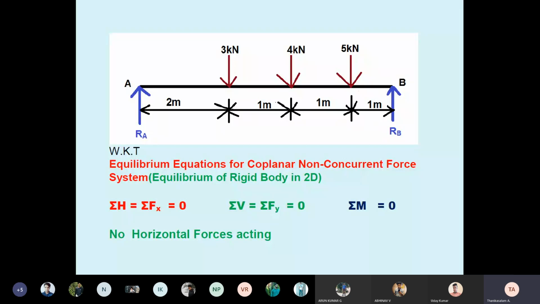So we want the reactions. You can directly take equilibrium. You have to write: assume the beam is in equilibrium. Therefore, the equilibrium equations are summation of H equal to 0, summation of V equal to 0, summation of M equal to 0. Summation of H means summation of horizontal force. The shortcut I am writing is H. Otherwise, the other name is summation of Fx. What does summation of Fx mean? Force in x direction. F means force, x means x direction.